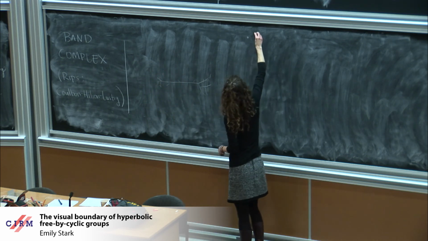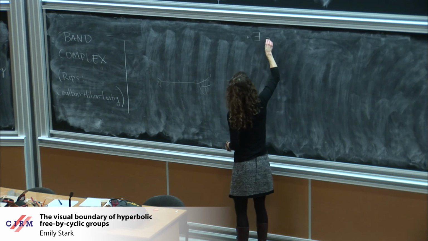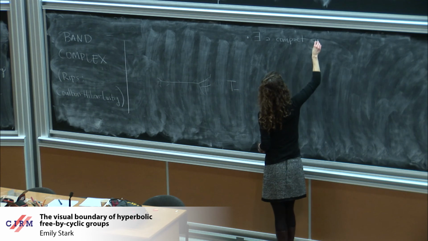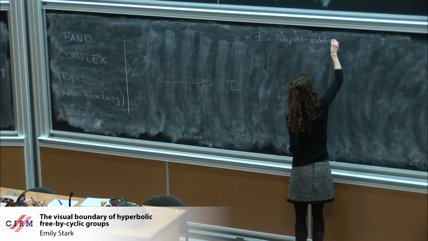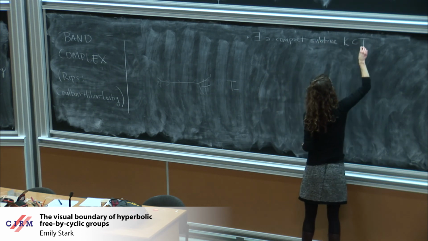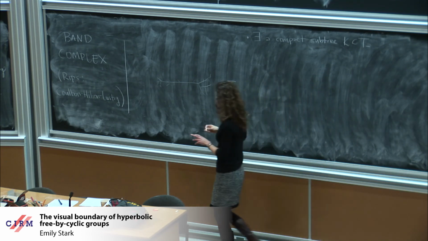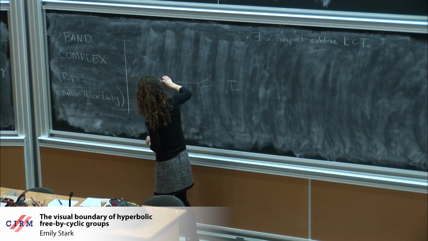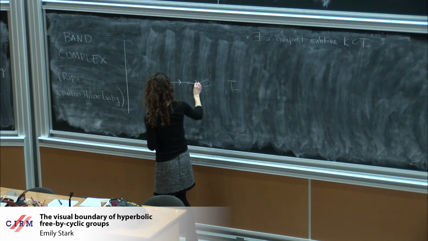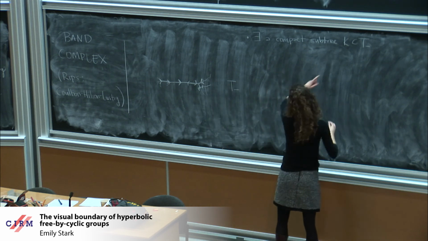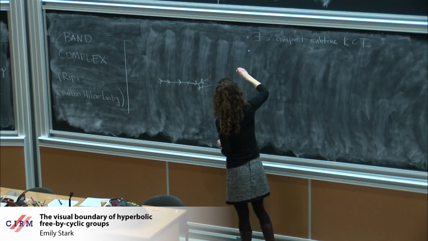So they prove there exists a compact subtree K of T minus with a set of very nice properties. So suppose K is this thickened, slightly thickened, compact subtree. They prove that for this subtree K,